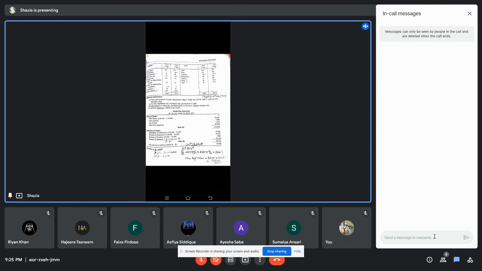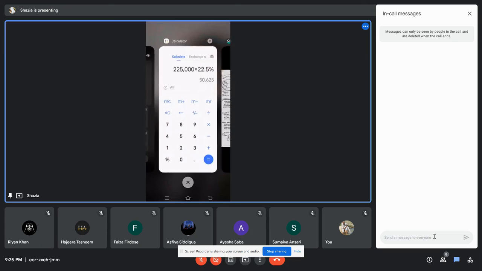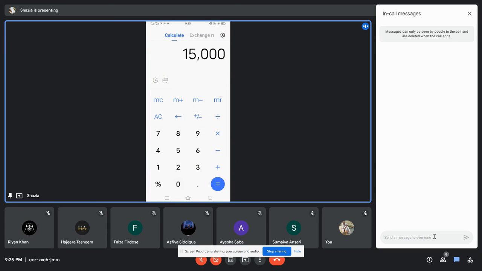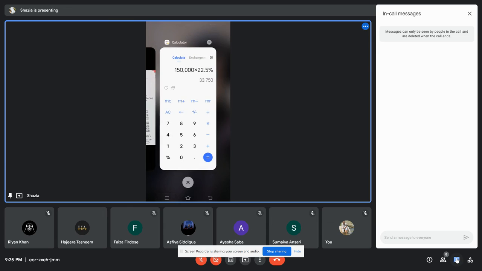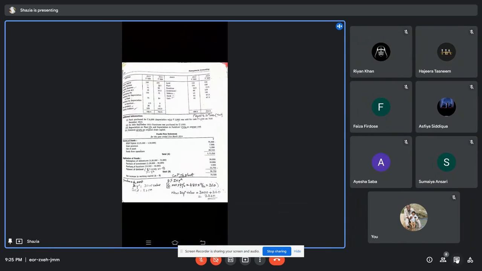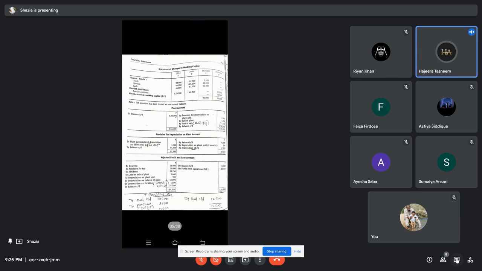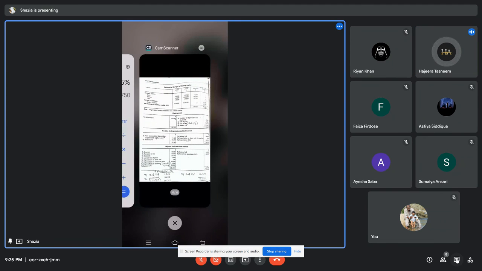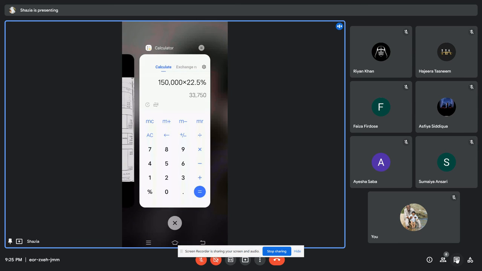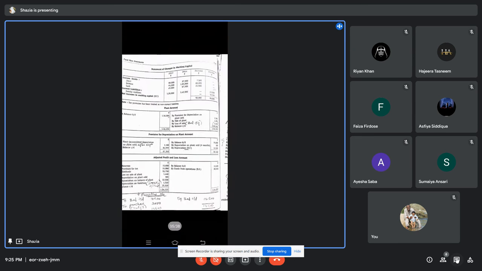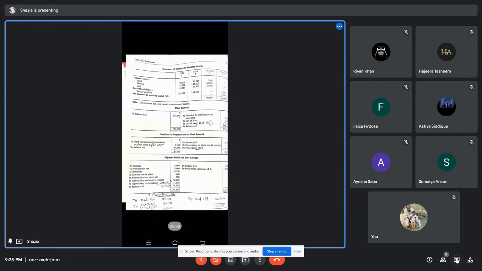Okay, so 1,50,000 into 22.5%. Correct, 33,500. Got it? Yes, ma'am. 33,750 आ रहा है? Yes, ma'am. 33,750. Correct. 750 चला। ओके, तो ये यहाँ पे क्या करना, यहाँ पे करना ना उसका डिविडेंड का, वहाँ पे करके रख लो,